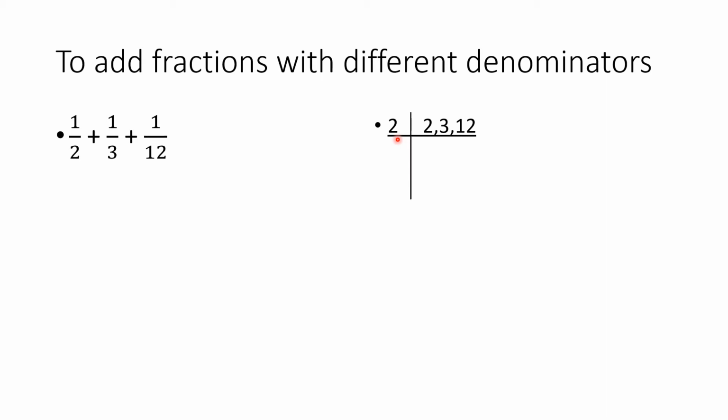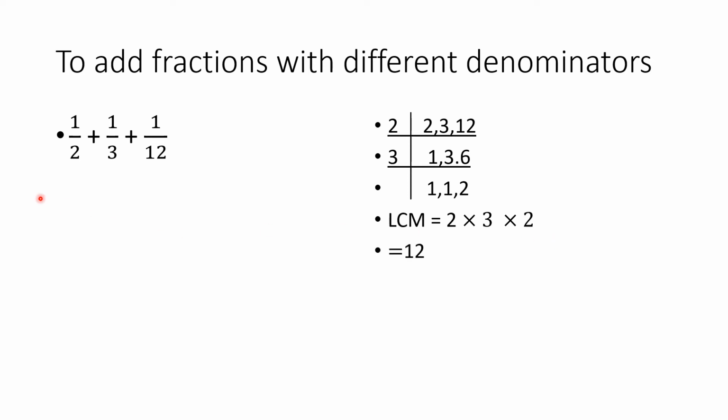So at first we will take the smallest prime number, 2. So we will write 2 here. 2 ones are 2, 3 as it is, 2 sixes are 12. Now we will divide by 3. 3 ones are 3, 1 as it is, 3 ones are 3 and 3 twos are 6. Now there is no common divisor, so we will stop here and find the product of the common divisor and remaining numbers, which is the LCM, which equals 2 multiplied by 3 multiplied by 2. It means equals to 12.